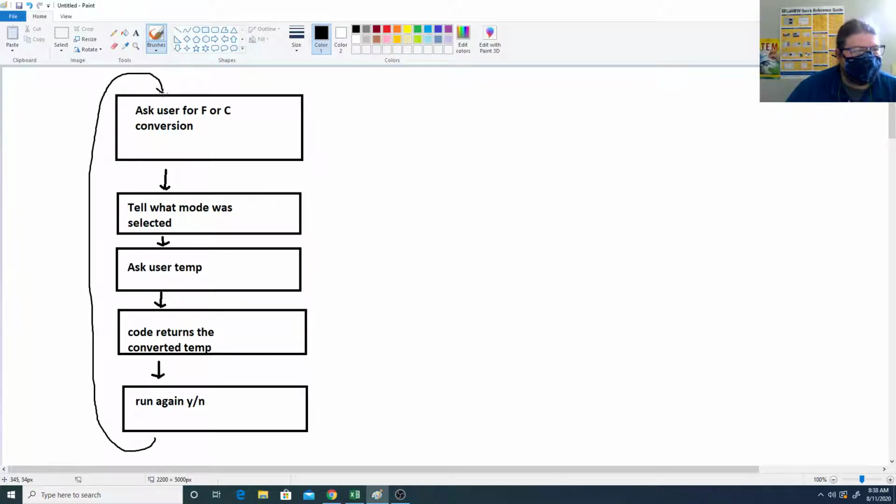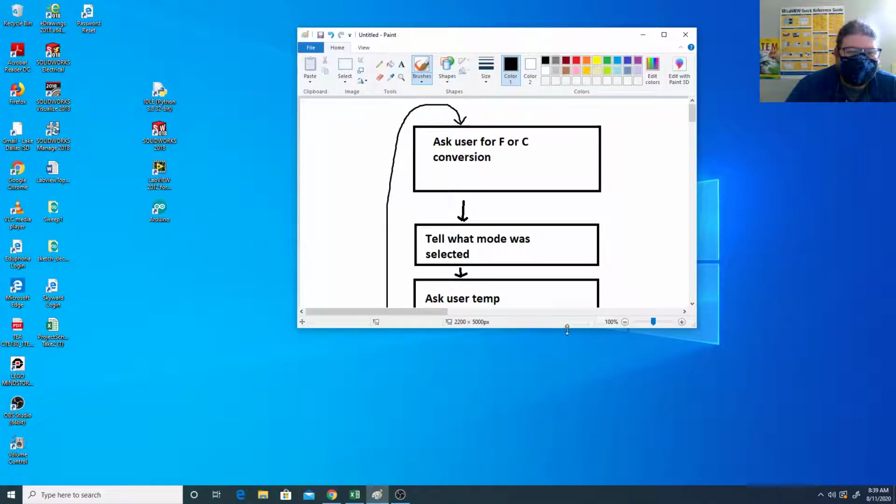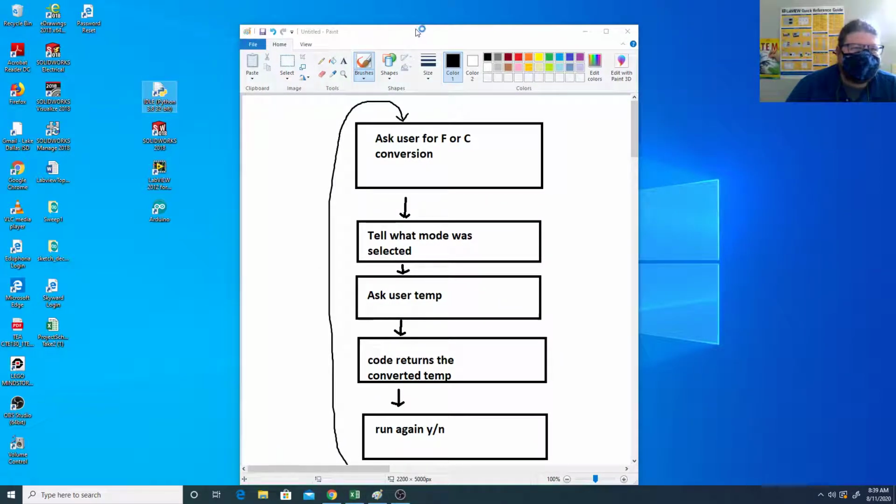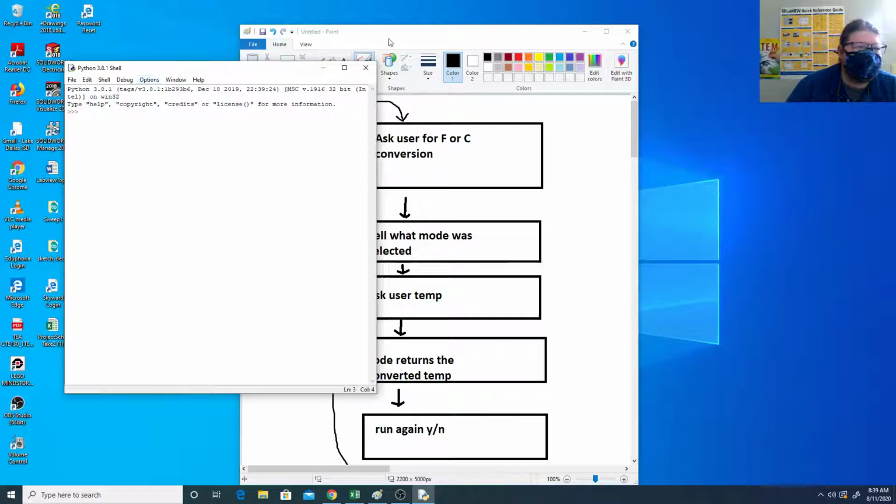So this right here is going to be the basic little flow chart of what we're trying to make. Ask the user which converter do you want, Fahrenheit to Celsius or Celsius to Fahrenheit. Then the code gives you a heads up what you selected. Says, okay, what temperature do you want to convert? Then we return the converted temperature. And do you want to run the code again, yes or no? So this is going to be our overall plan of what we're trying to do,